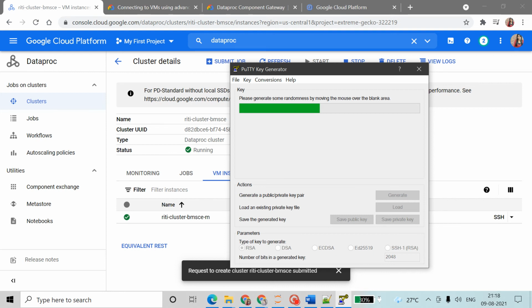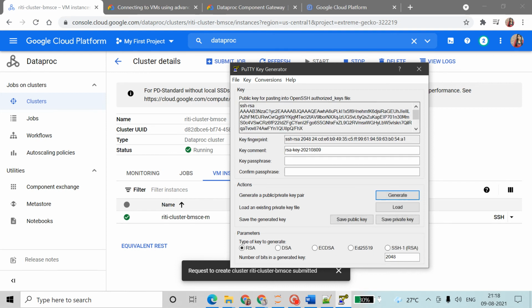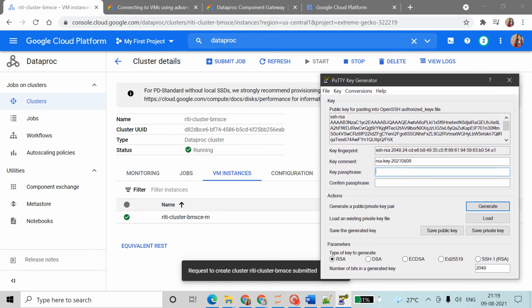Then you have to write a key comment and key passphrase, and that key you have to copy, because later you have to paste it for your connection.